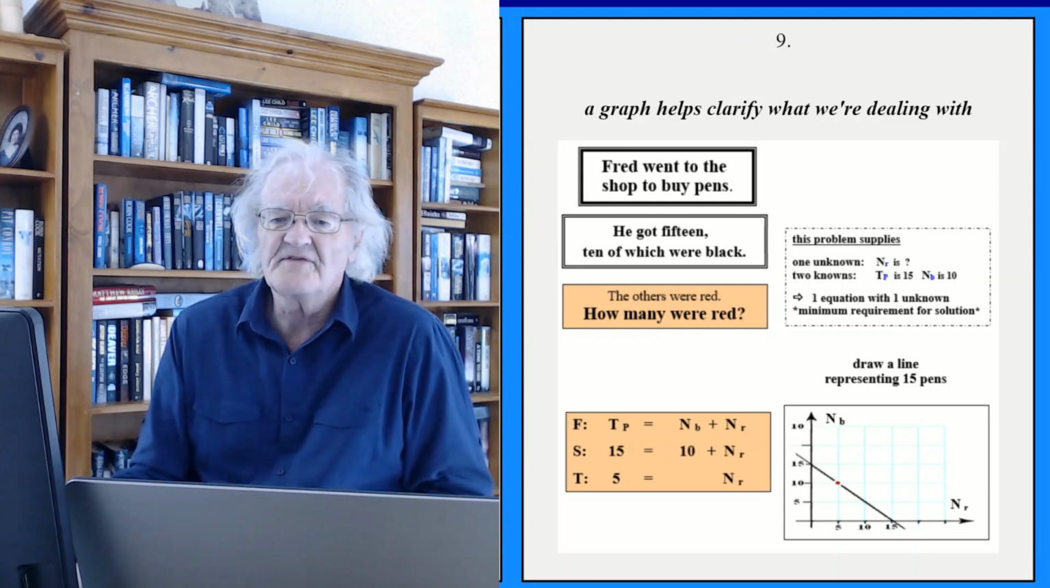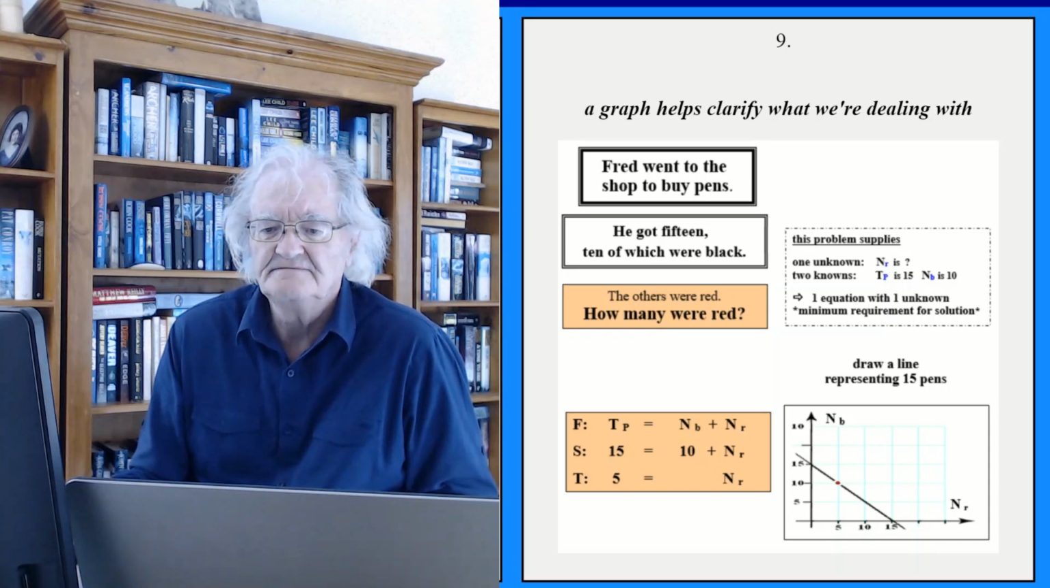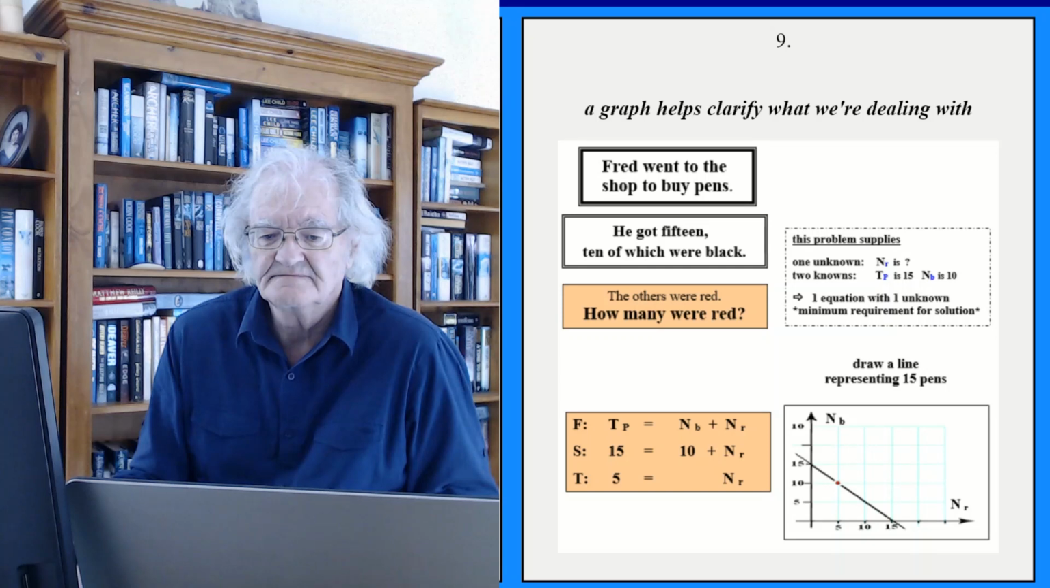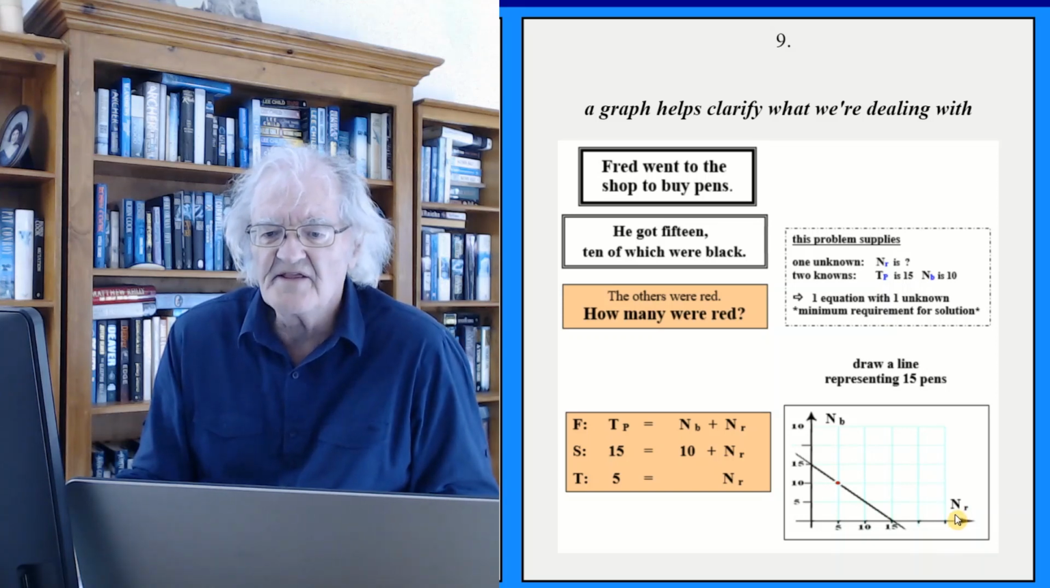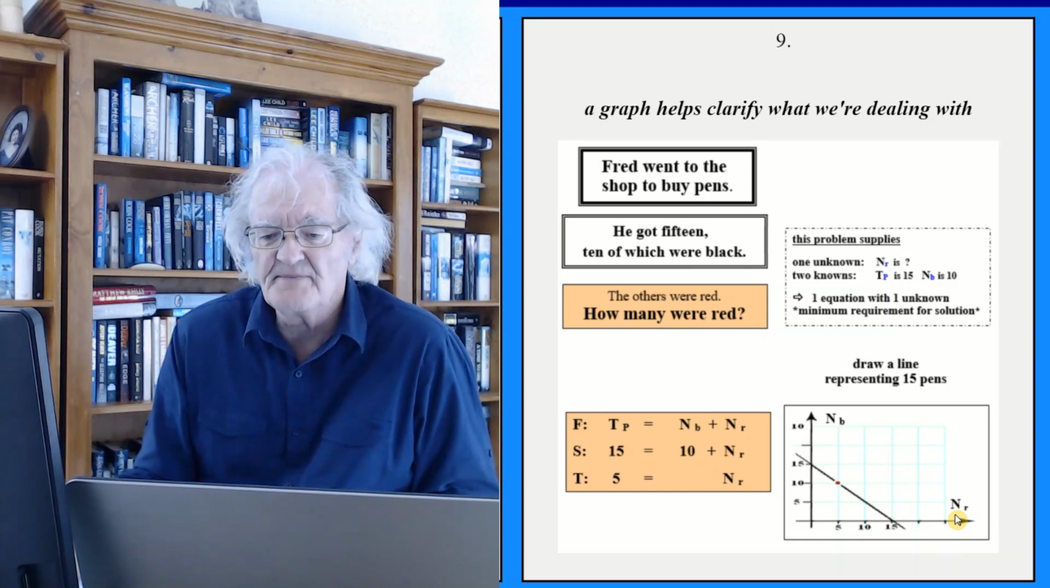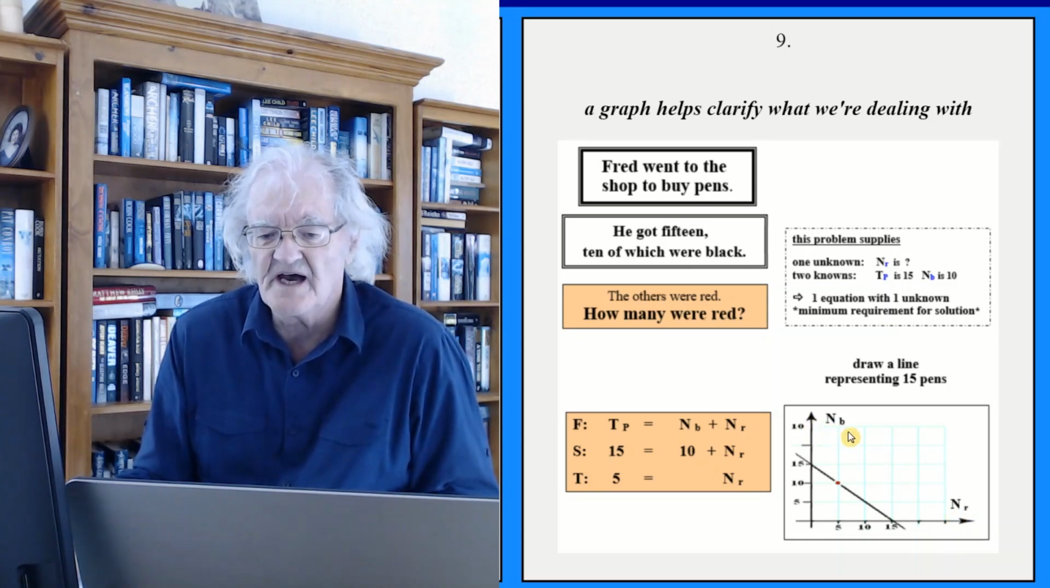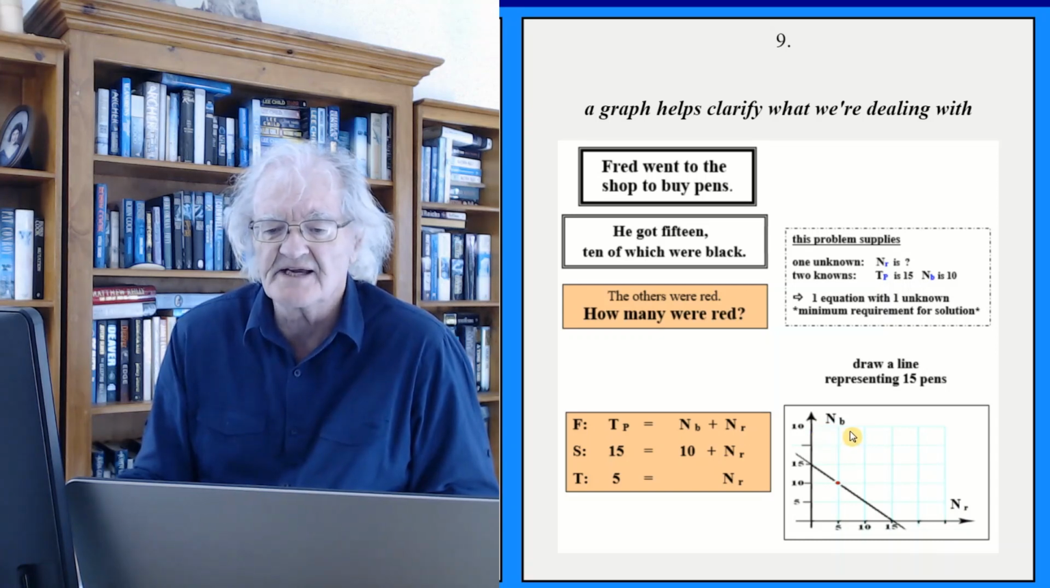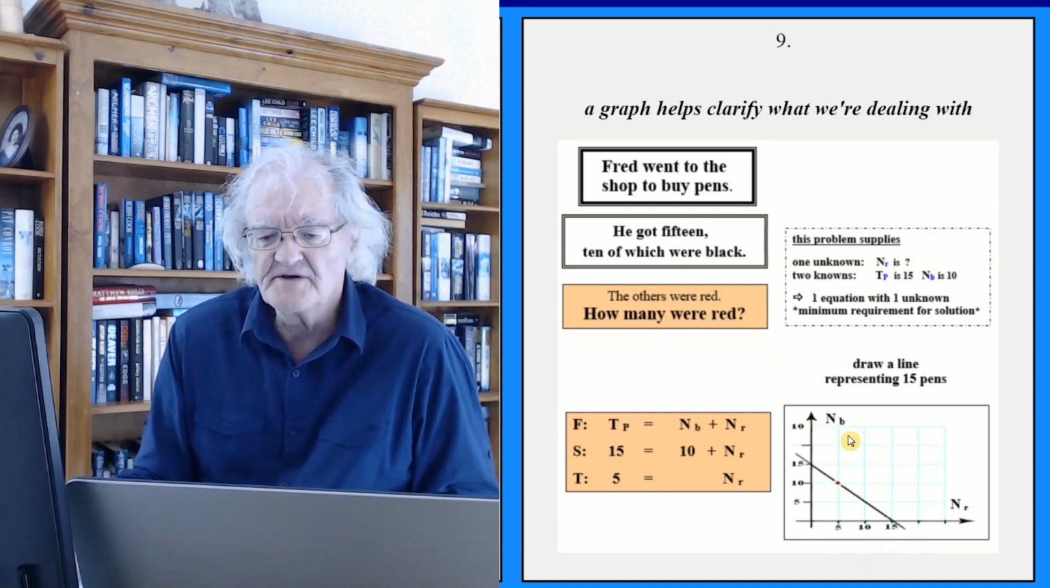Here's a graph to help clarify what we're dealing with. Notice number of black against number of red. They are the things that can vary. We know the total number of pens is 15, so we can't use that as one of our axis labels. Before we do the calculation,